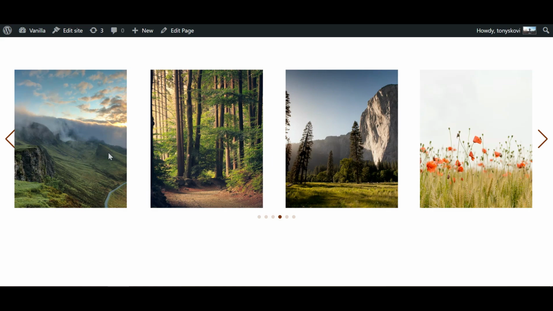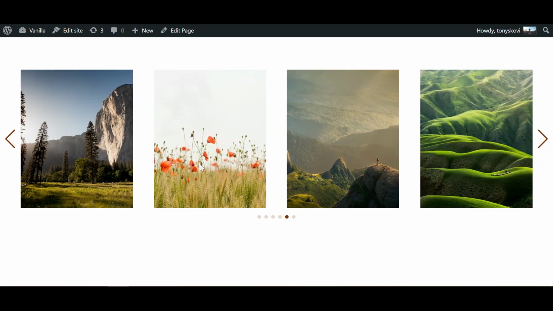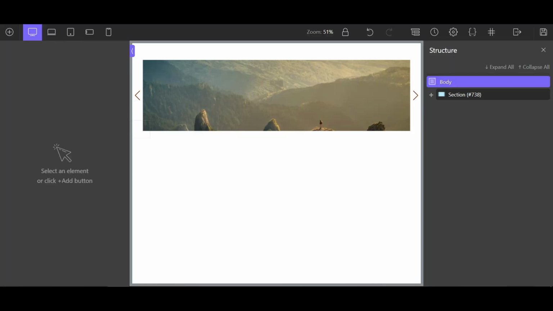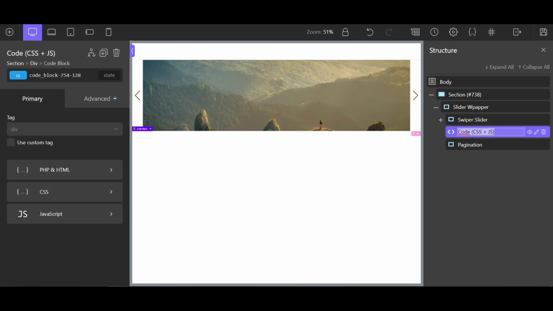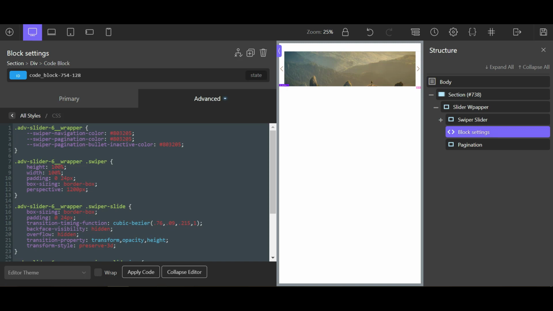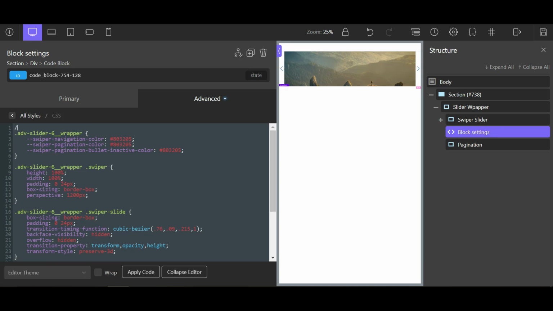Hi guys, so we have this slider and let's have a look at the backend. We have this section, and inside this section we have a slider wrapper, and inside this div you will find a code block, settings. Inside this code block the settings are in the CSS section, where you can change